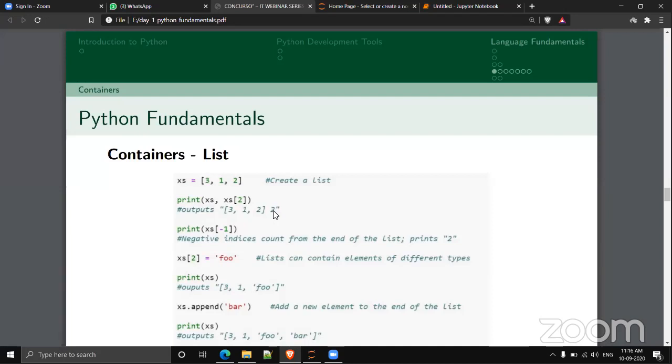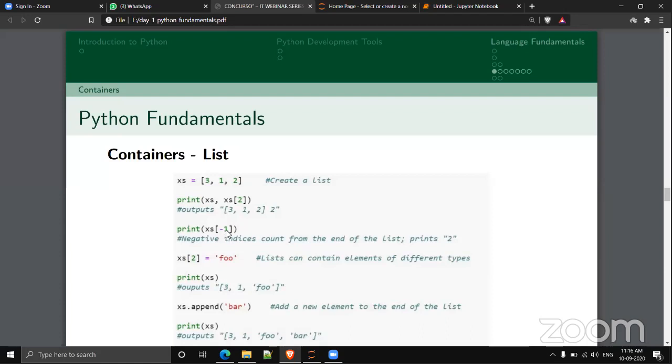Yes. And we have a wonderful concept in Python, the use of negative indices. A negative index represents the elements from the end of the list.